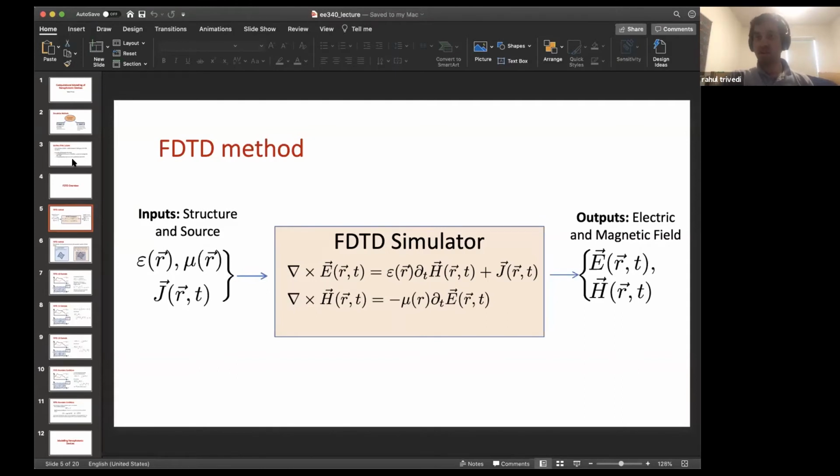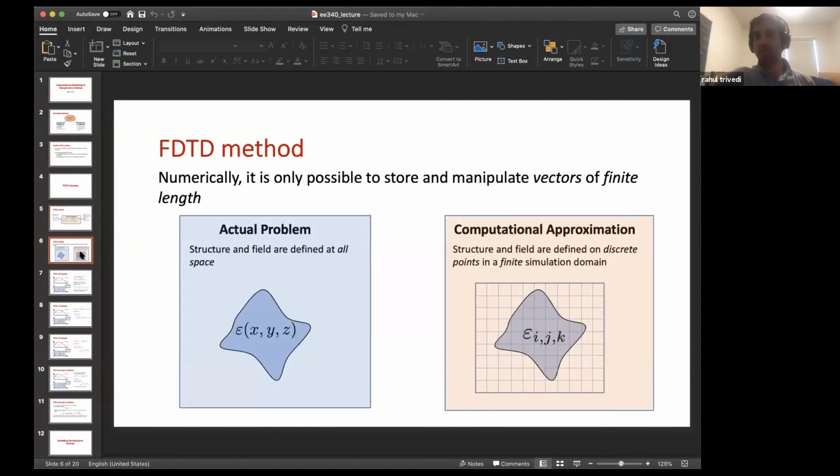You have two partial differential equations that you need to solve. Now, of course, the electric field is specified at all points in space and at all times, right? But when we are doing things on a computer, we can't really store continuous field data, right? So if you have an actual problem where your fields are specified at all points in space,